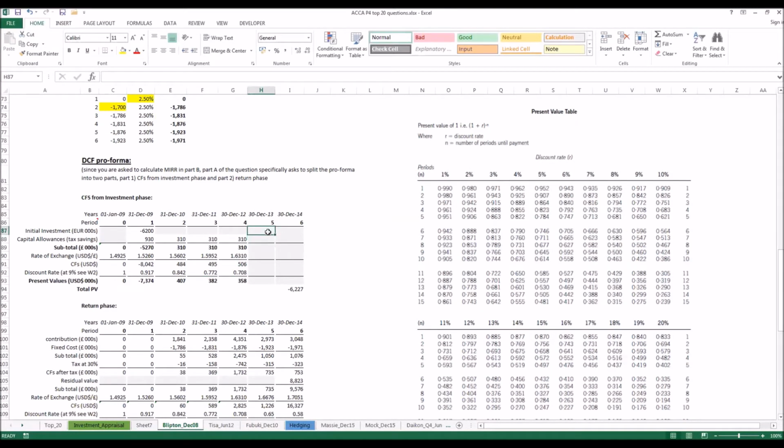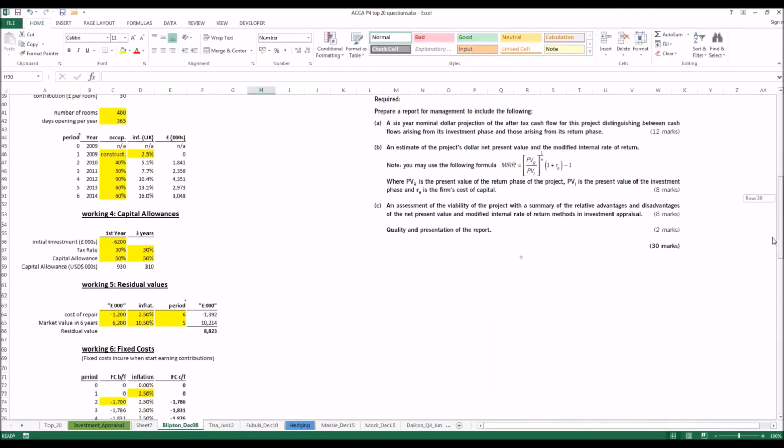There's no point of calculating or putting down the discount rate and the inflation rates beyond year 4, as we are only told that any inputs that affect the cash flows arising from investment phase impact year 1 to year 4. There's nothing else that we're told, so there's no point of calculating the discount rates or the exchange rates beyond that year. So now looking at the return phase,